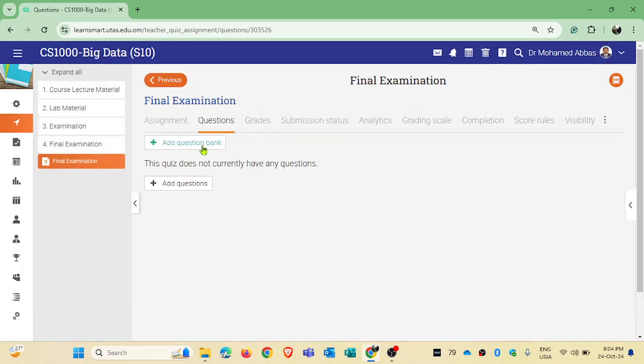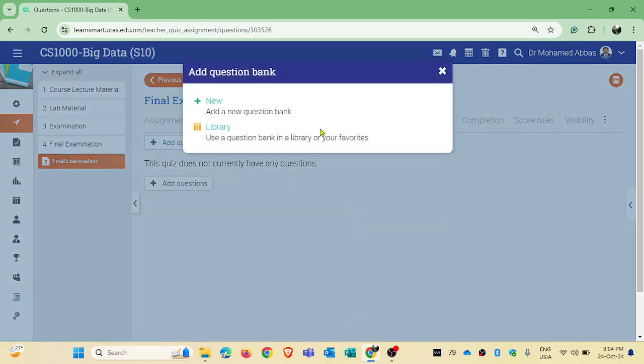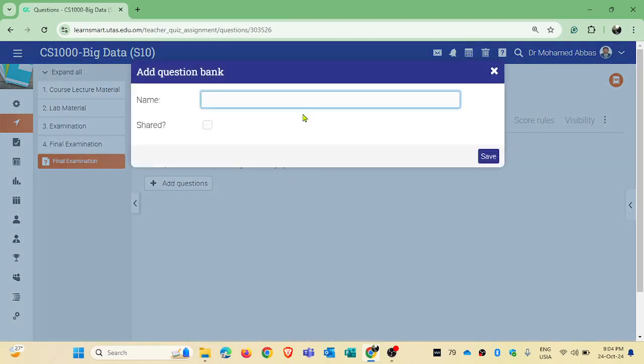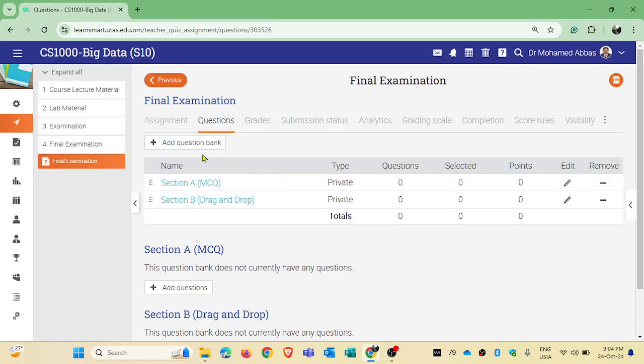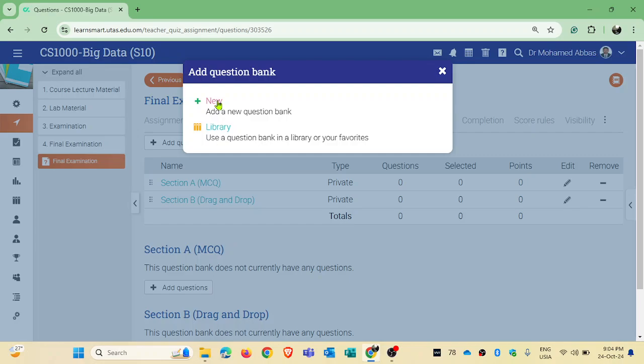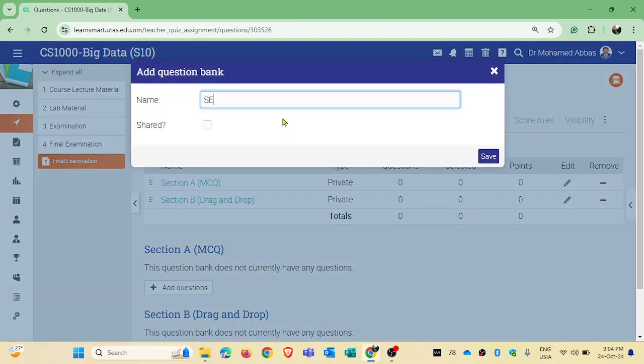The second one is add question bank, new. This is my second section. For example, I'm going to keep drag and drop type questions. And the third section, section C, I'm going to keep upload type questions,